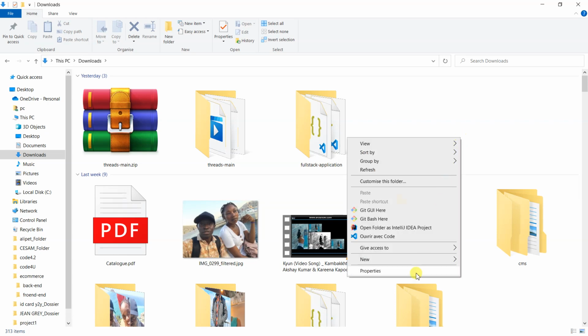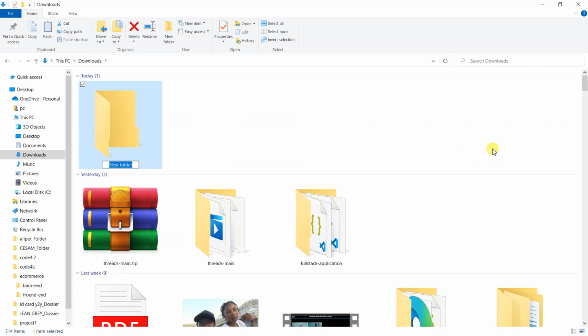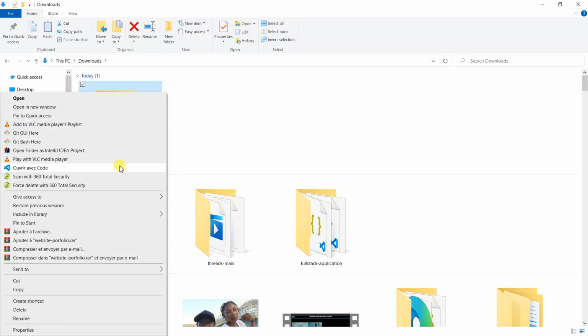Assuming here I will put mine here, I can call it website portfolio, website underscore portfolio, like this. Press enter, then I will right click and open with my Visual Studio Code. Okay,